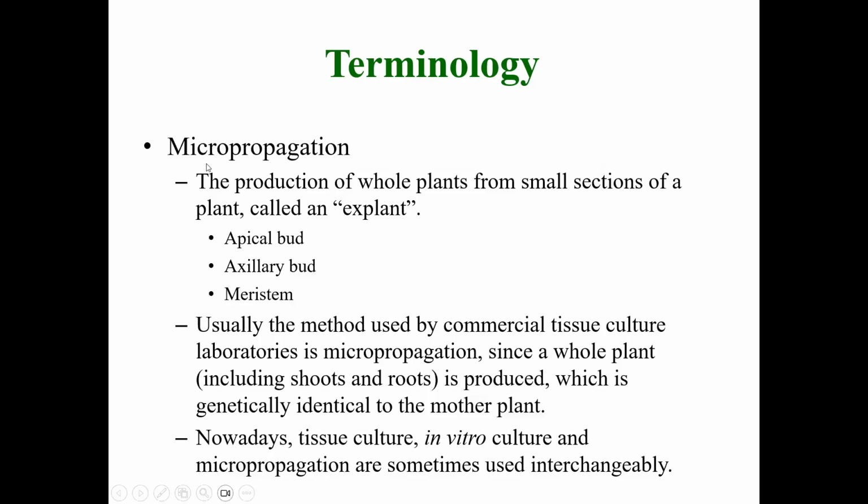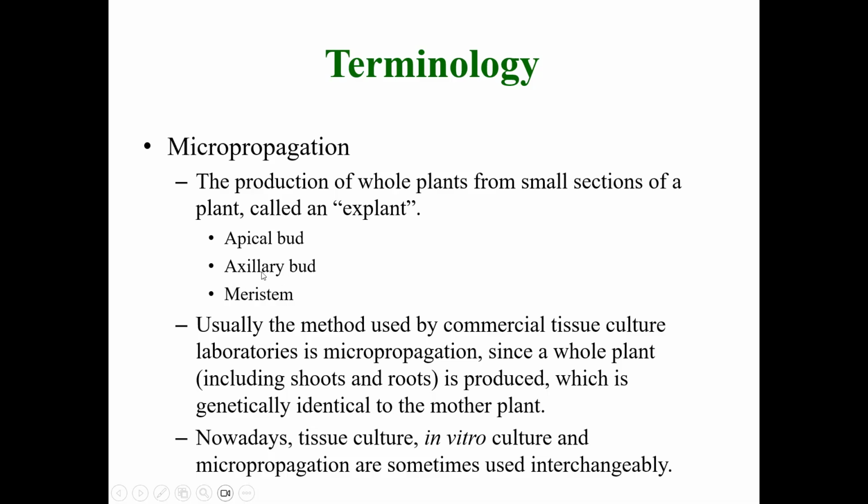Another very important term, very closely related to tissue culture, is called micropropagation. Micropropagation is one kind of propagation. It is tissue culture based propagation, the production of whole plants from a small section of a plant called an explant. That is, if you grow a whole plant from an explant and grow it in the field, the process is called micropropagation. An explant can be an apical bud, axillary bud, or meristem. Meristem means